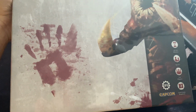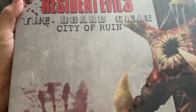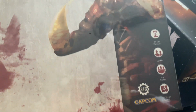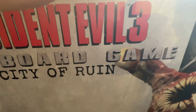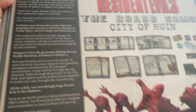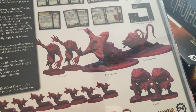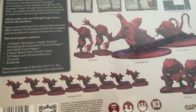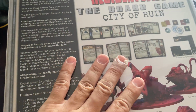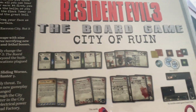I don't know if I've gone through this before, but this is Resident Evil, the board game. This is the City of Ruins expansion. There are tons of crazy expansions, because it's a Kickstarter, so there are a lot of small boxes of expansion with optional characters, optional this, optional that, which I think is not really important. It's good to have, but I won't pay like $88 for one of the small boxes just because it's Kickstarter exclusive. But this box is quite worth it, because if you go through it, this box actually introduced